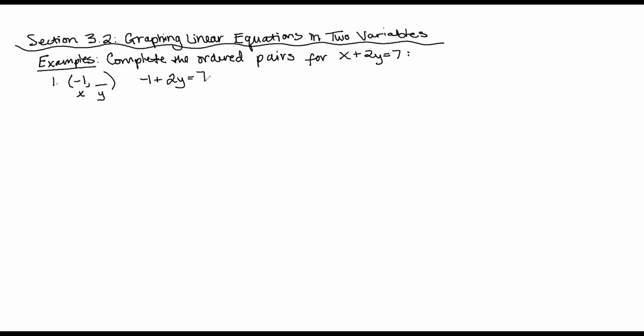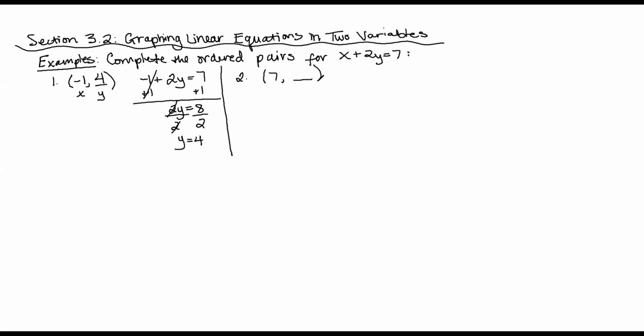And then all we have to do is solve for y, so variable terms on the left already, so let's add this one to the right. And we get 2y equals 8. Divide both sides by 2. Hopefully solving these equations is getting a little bit easier now. And we get y equals 4. So this is our first missing number here, which means that this point here, this -1, 4, is on this line. So now if we can go ahead and find a second point, which is number 2, we're given 7,